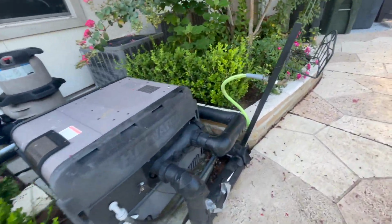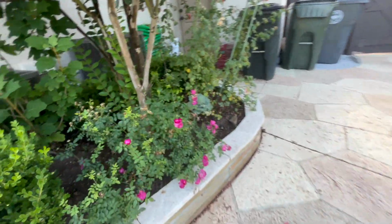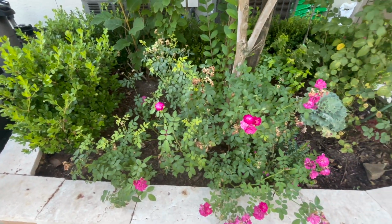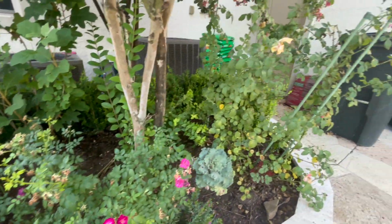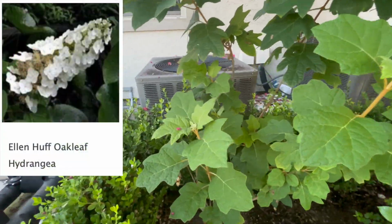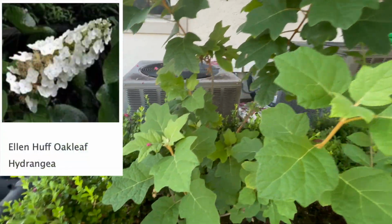Okay, turning around. This is a little bed under this crepe myrtle tree. It has two roses: one is a Ray Ponton rose, and one is a Savannah rose. But behind it, I have an oak leaf hydrangea. This is Ellen Huff,